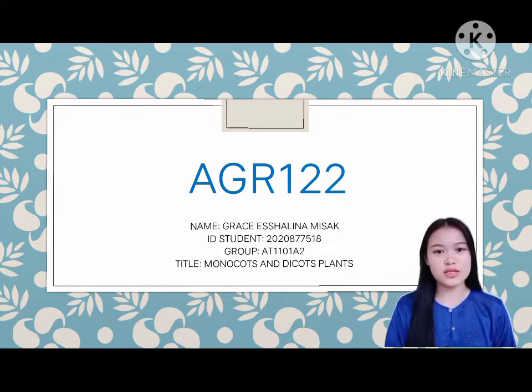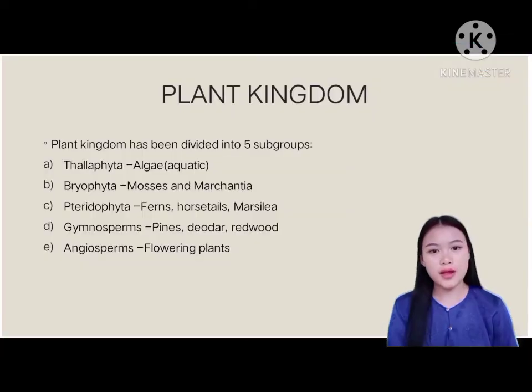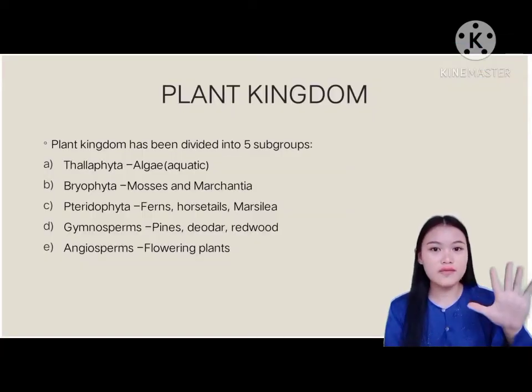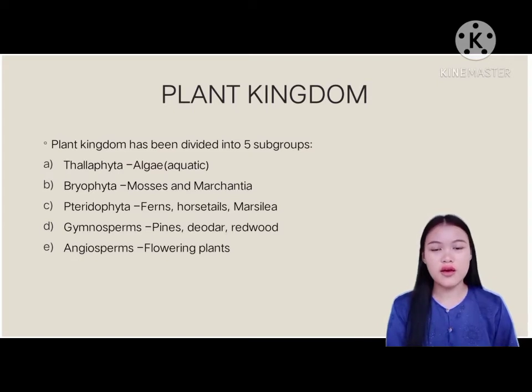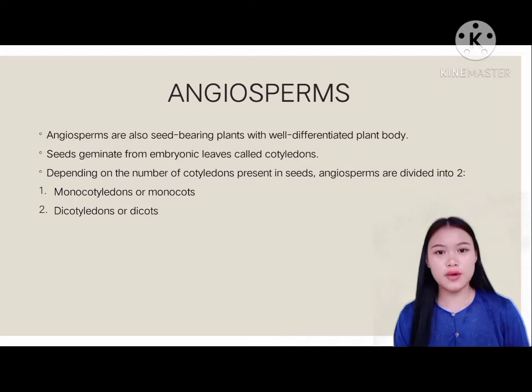Title of this video is Monocots and Dicots plants. Plant kingdom has been divided into 5 subgroups: Thallophyta, Bryophyta, Pteridophyta, Gymnosperm, and Angiosperm. Angiosperms are also seed-bearing plants with well-differentiated plant body. Seed germinates from embryonic leaves called cotyledons. Depending on the number of cotyledons present in seeds, angiosperms are divided into 2 groups: monocotyledons or monocot and dicotyledons